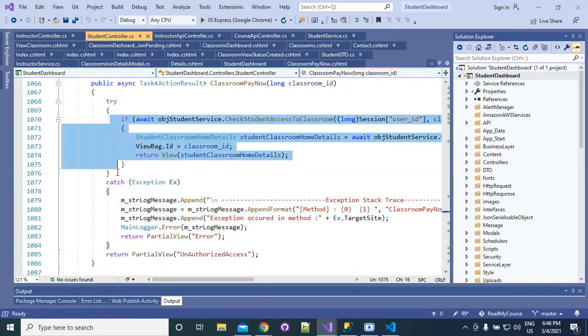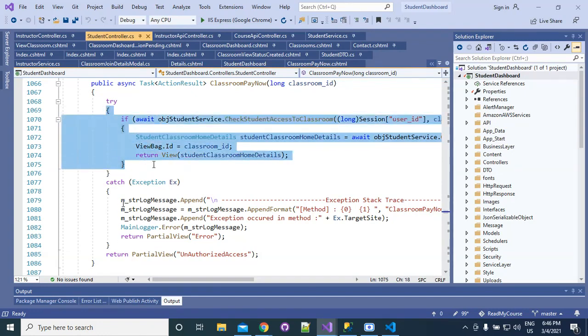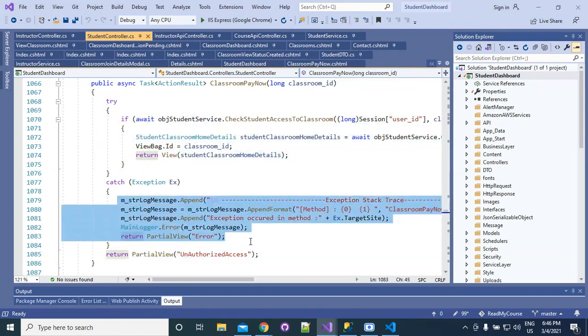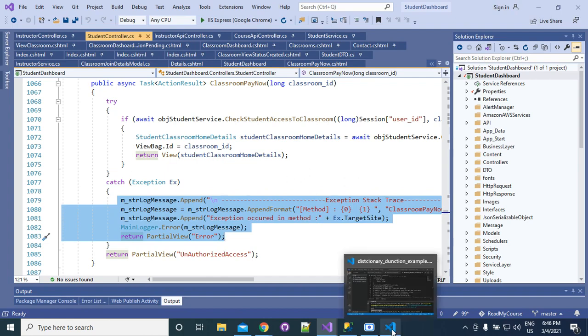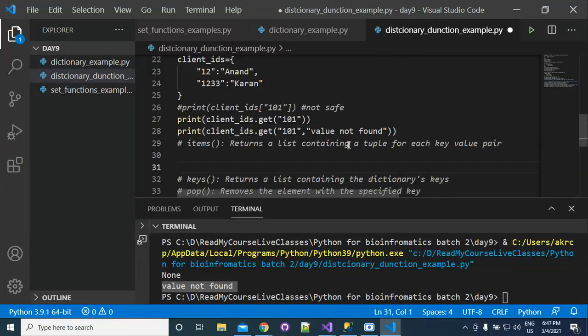Suppose that if this block gives any exception, then it will log a message that your program has given an exception. So this is just for safety purposes. The same similar thing we can also do in Python, and I will give the example of this.